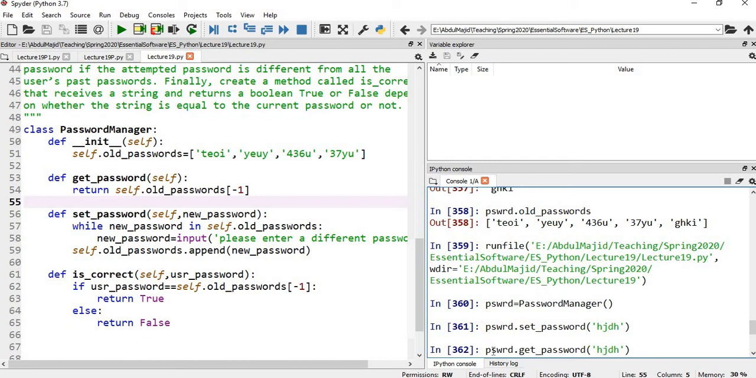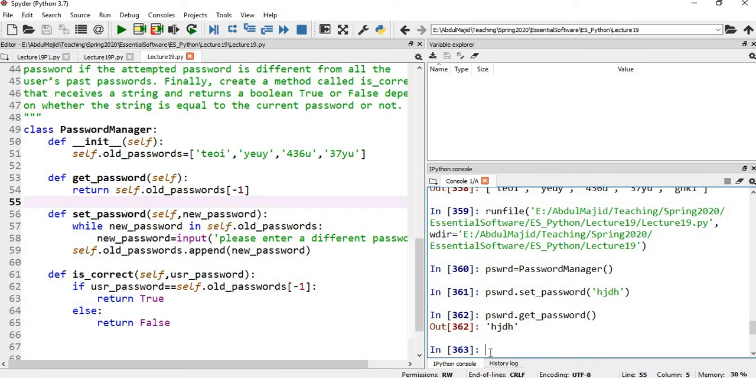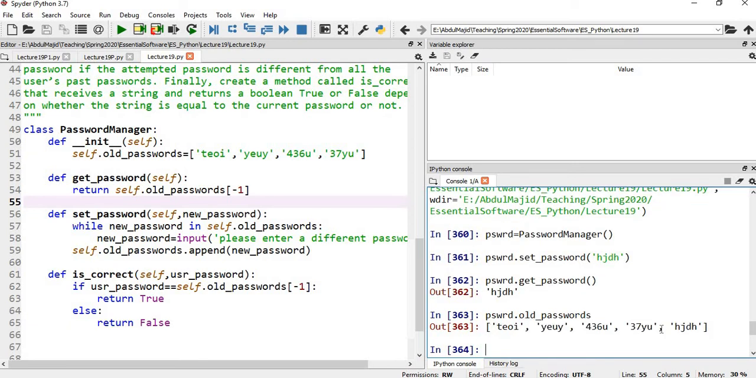Get password, so you are going to get this, and similarly you can check the list of old passwords. This has been updated already. The password dot old underscore passwords. So you see that we have got an updated list where this is our current password. Now if you want to use this function to check whether a password entered by the user is correct password or not, we can use this function